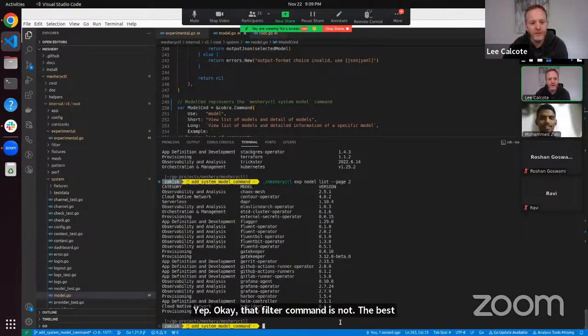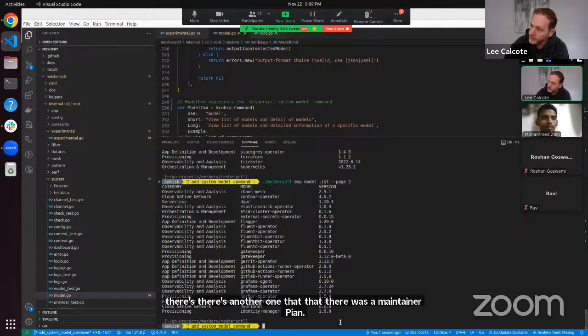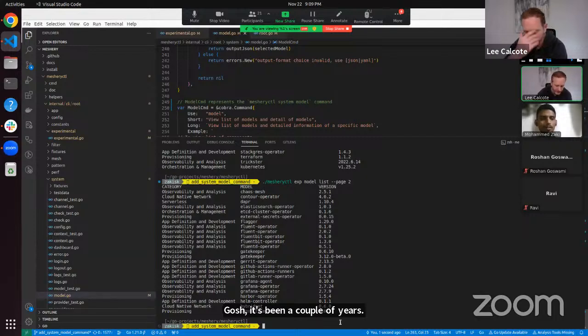Or there's another one. There was a maintainer, gosh, it's been a couple of years, I forget how to say his name. He had worked a lot on Meshery CTL perf.